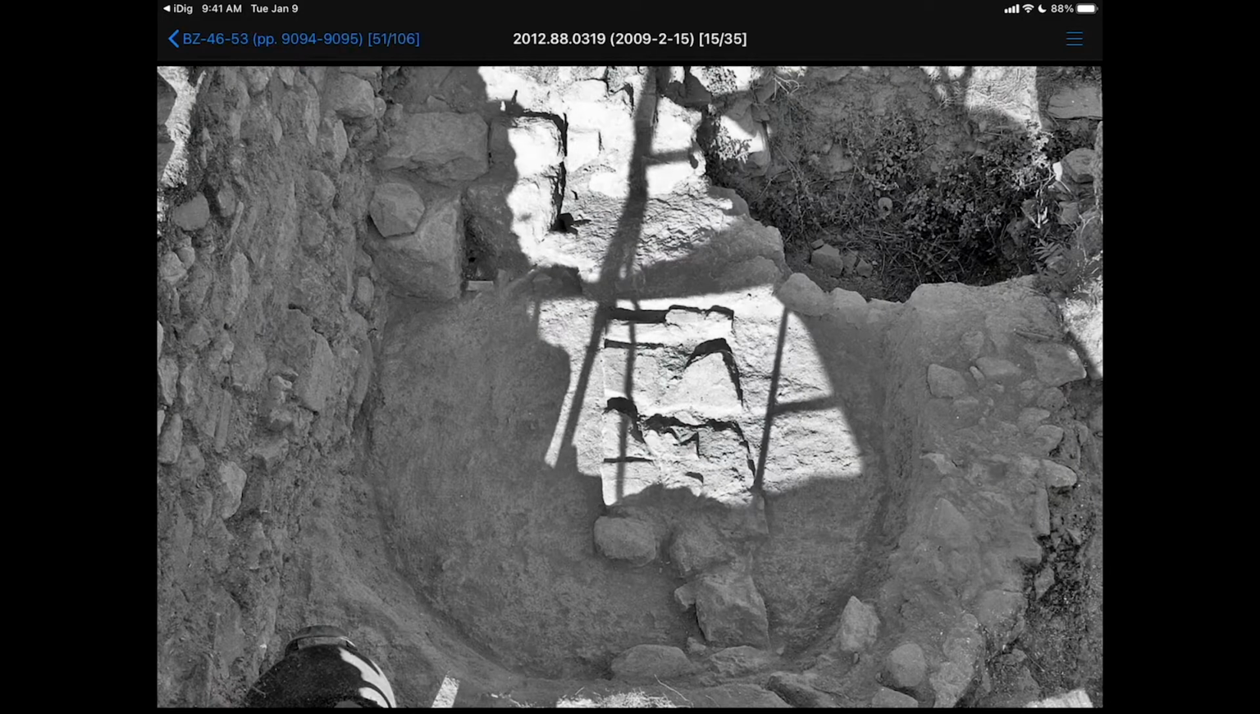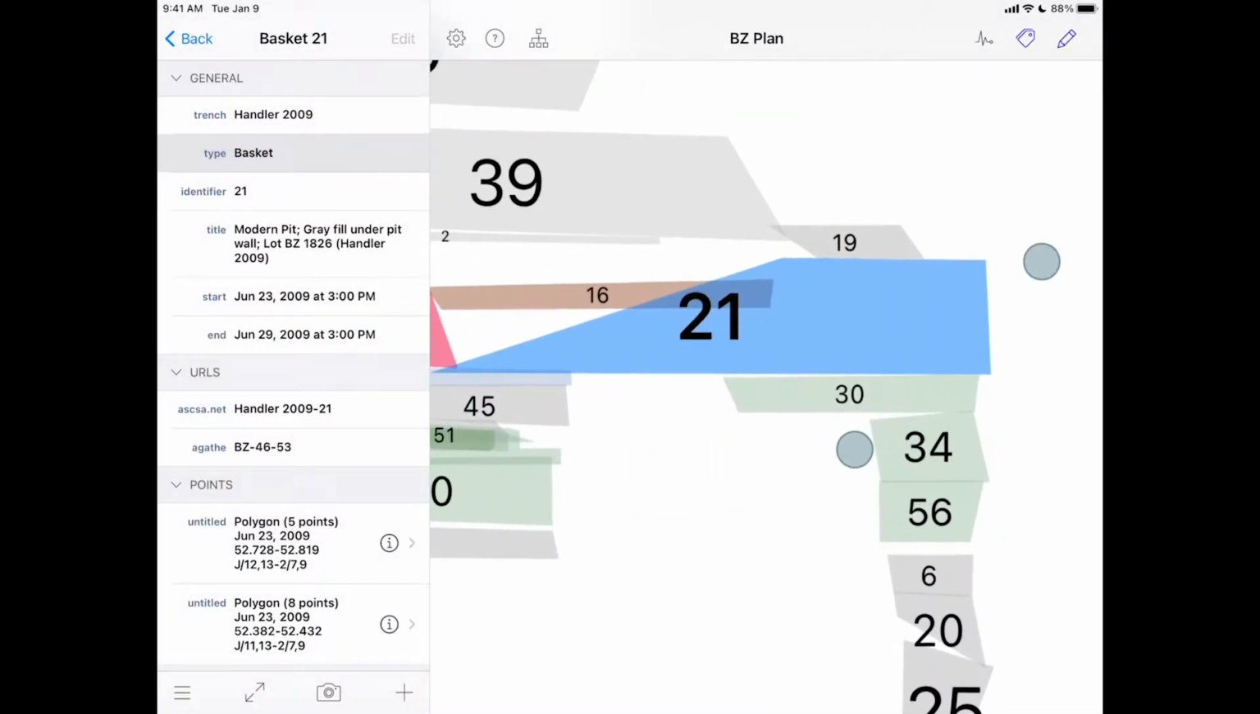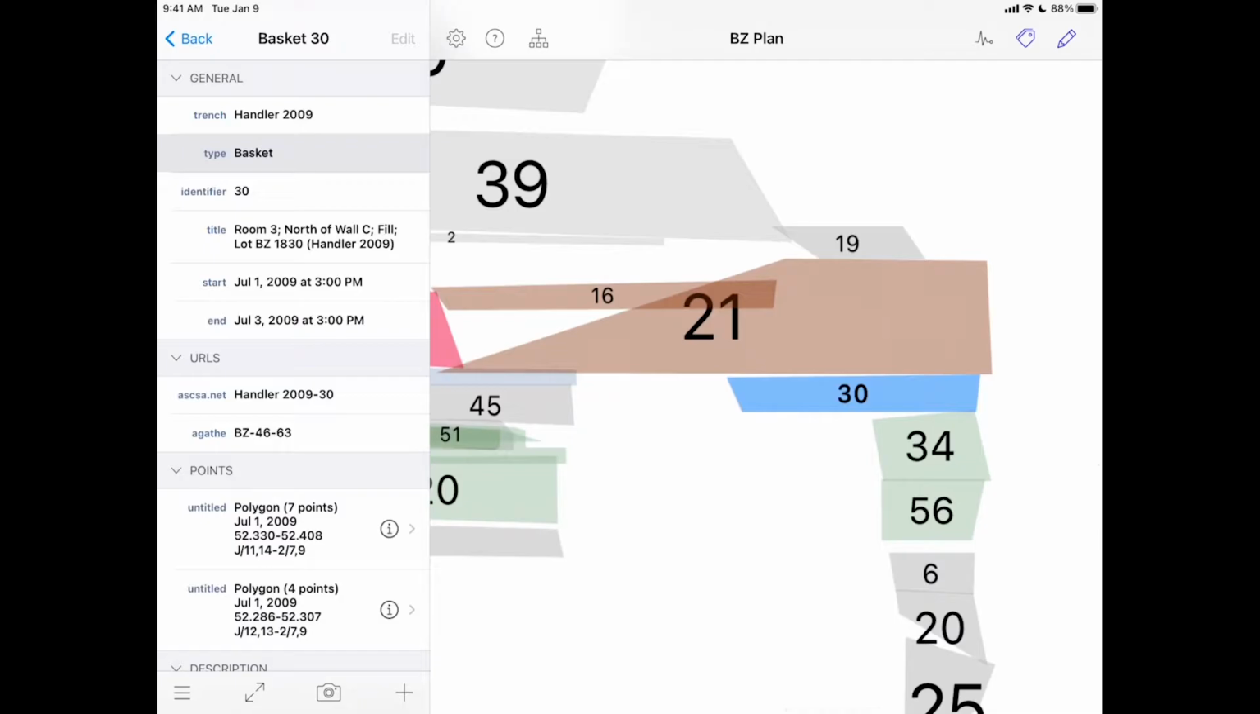And here you can see what happened probably is they took out a big Byzantine pithoi, one of these big round pithoi they sunk into the ground. And right underneath it, they found the first wall fragment there. Now, if you go back to iDig and you start going down, you can say basket 30, go over and